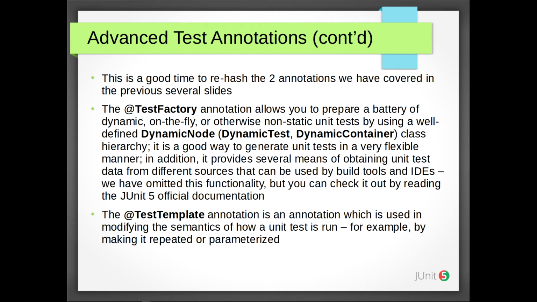This is a good time to rehash the two annotations we have covered in the previous several slides. The @TestFactory annotation allows you to prepare a battery of dynamic, on-the-fly or otherwise non-static unit tests by using a well-defined DynamicNode class hierarchy and its subclasses, DynamicTest and DynamicContainer. It is a good way to generate unit tests in a very flexible manner. In addition, it provides several means of obtaining unit test data from different sources that can be used by build tools and IDEs. We have omitted this functionality, but you can check it out by reading the JUnit 5 official